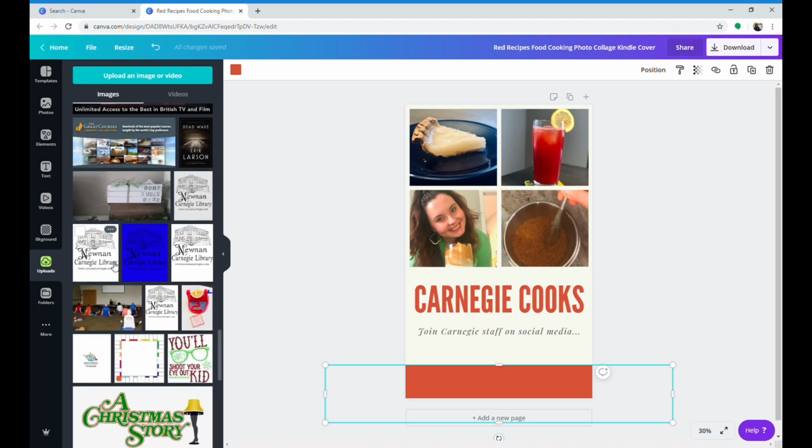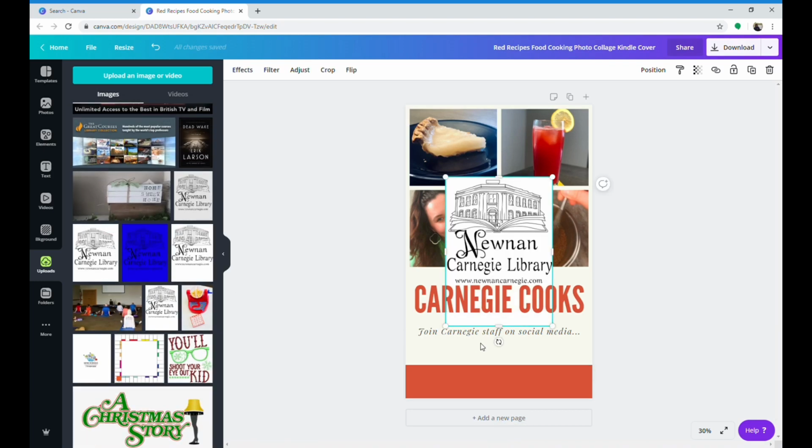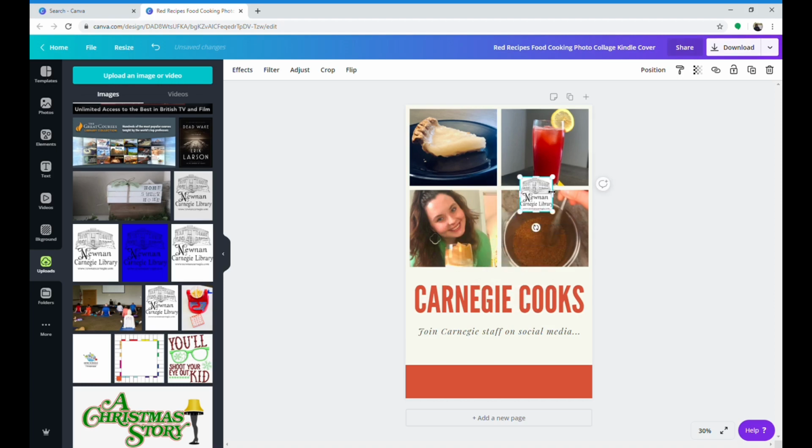So I'm scrolling through. You can upload an image from your files, which we already have, and it actually always keeps them, which is really handy if you make several projects. So I've scaled it down to size. Oh, got to make it a little bit smaller. And while it looks good like this, that white can be a little distracting, and I would love to just have that black logo. A lot of logos have that on there. So what I'm going to do once I get it in place